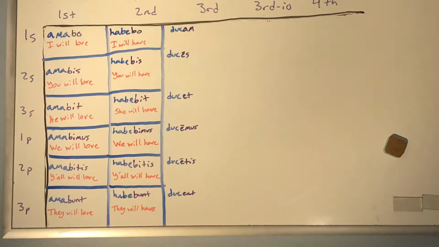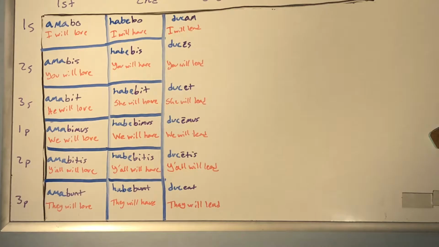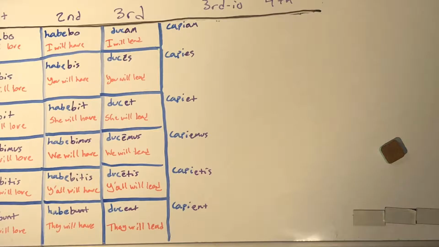That's really it. It's just take that first principal part, chop off that O, and add your future endings to that. Nothing special for third conjugation. This is translated as I will lead, you will lead, she will lead, we will lead, y'all will lead, they will lead. Now we move into third IO, and like I have said many different times, it keeps that I,